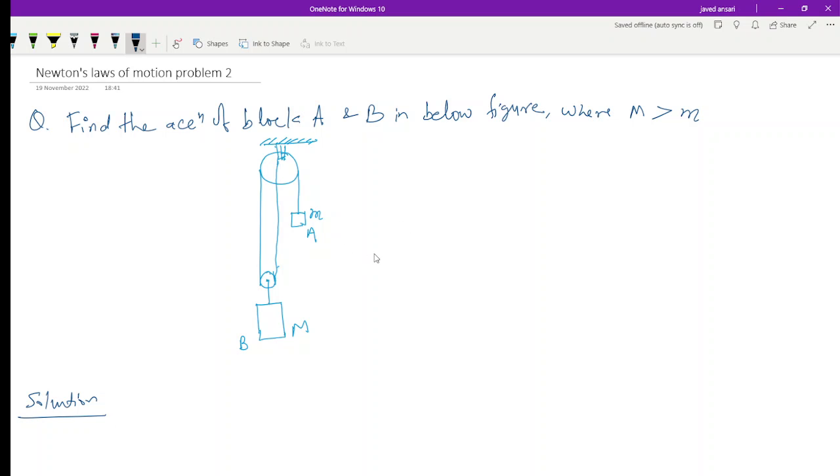Assume that A will move upward with an acceleration a, right? What will be the acceleration of B downward? Let's see. If this block moves by 1 meter upward, what will happen is, or let's say the other way. Let's say this block B moves downward 1 meter. What will happen is